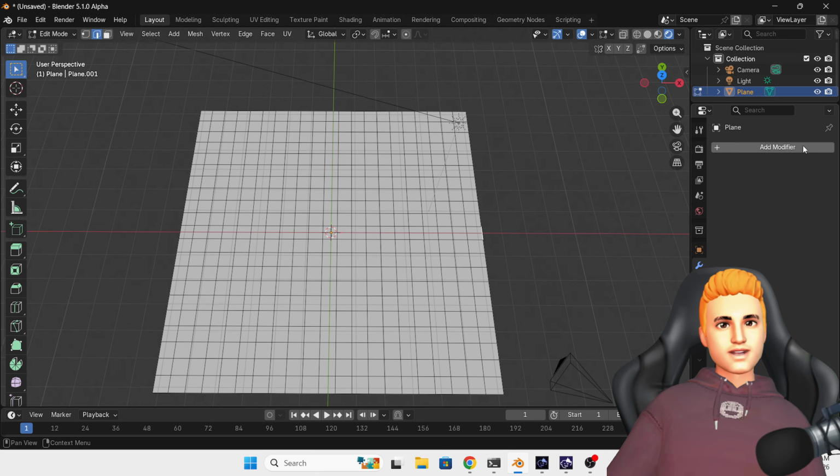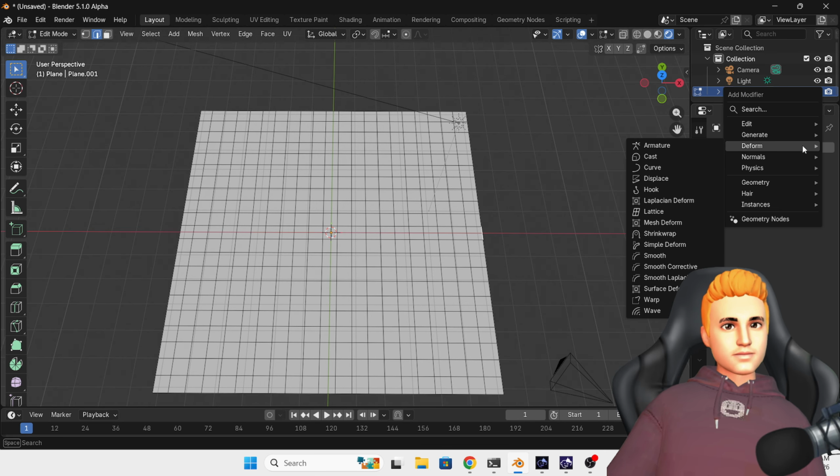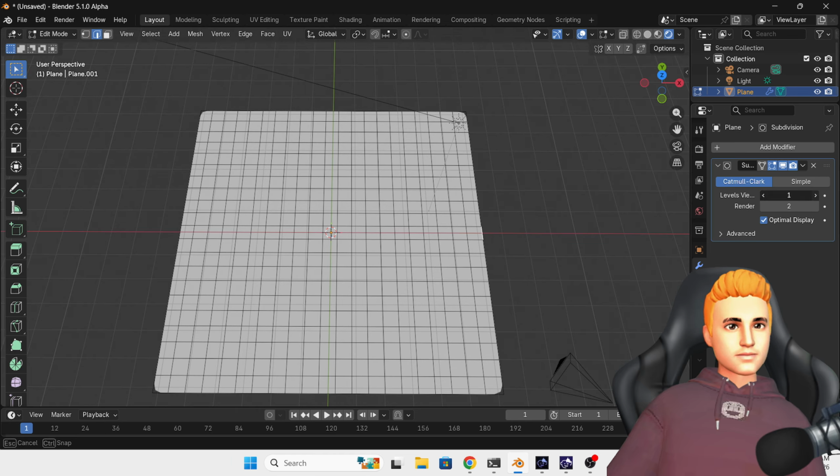We want more edges. So go in modifiers and add a subdivision modifier and type here 4, and now again click on this modifier,